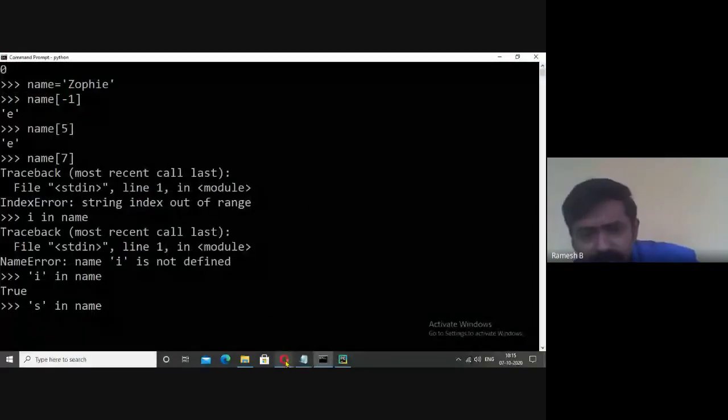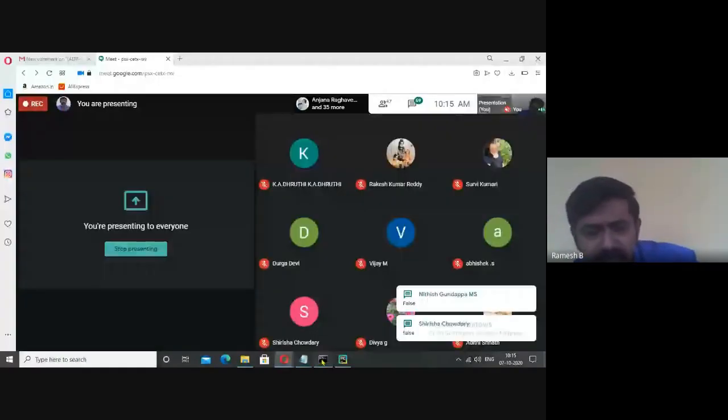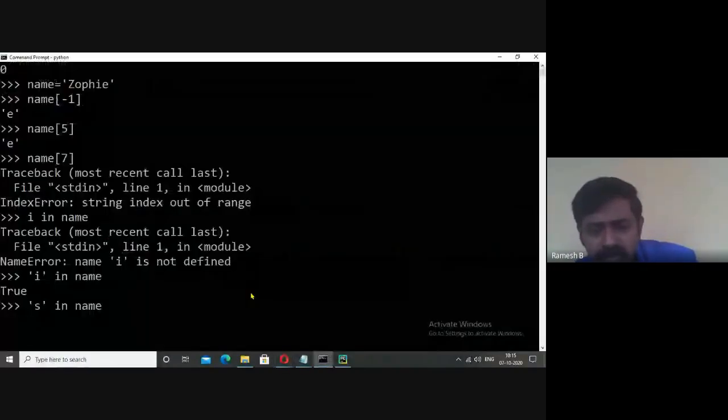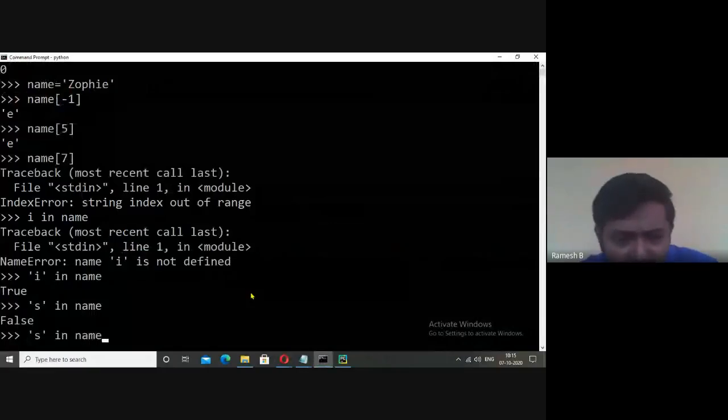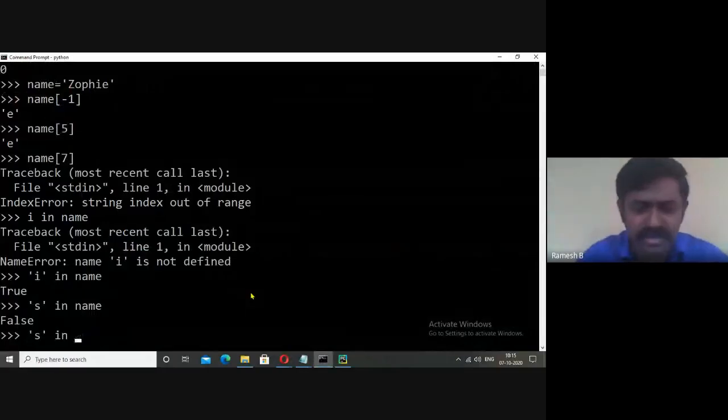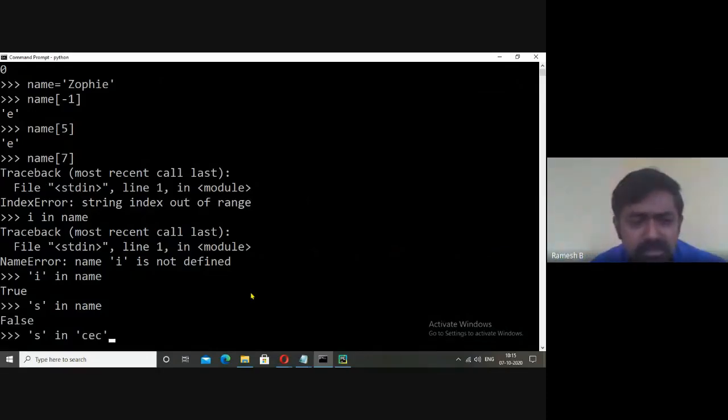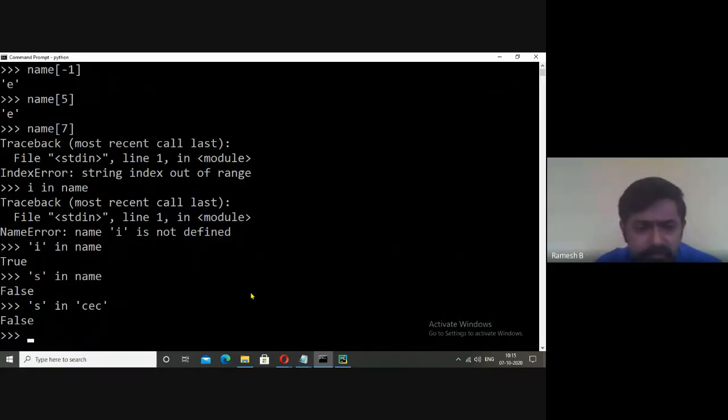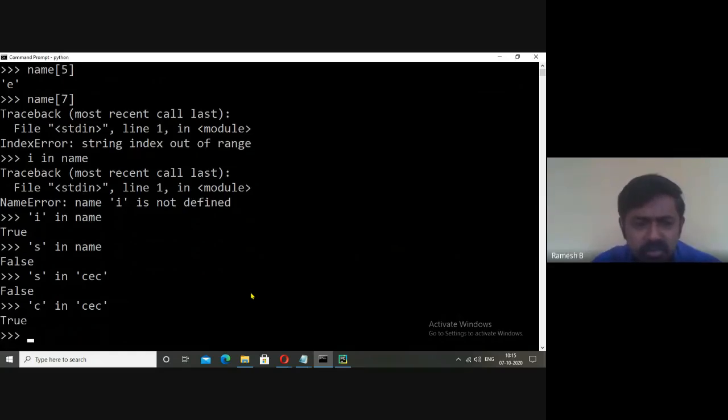False. Good. You see there, 'S' in name is false. Similarly, we can directly give some string, like 'S' in 'CEC'. It is false. Similarly, 'C' in 'CEC', if I type enter, it is true.